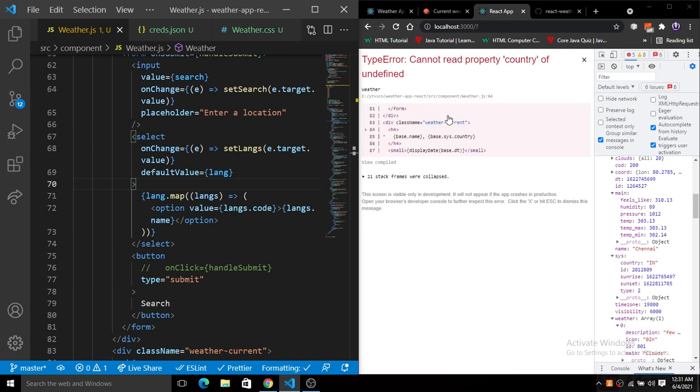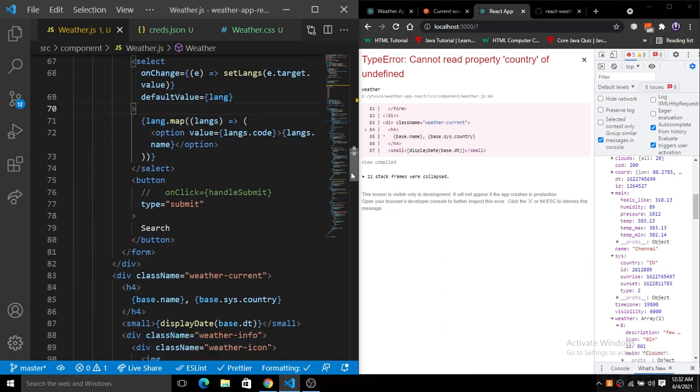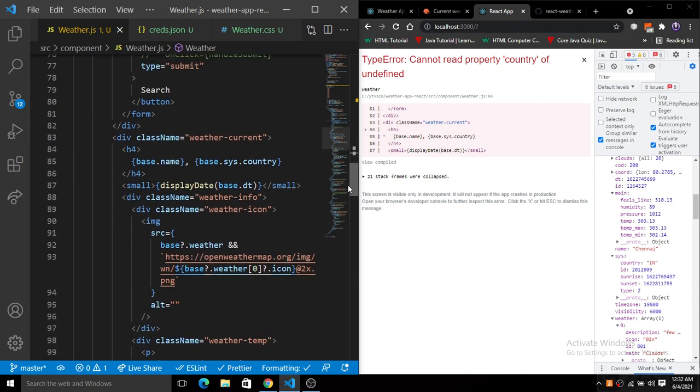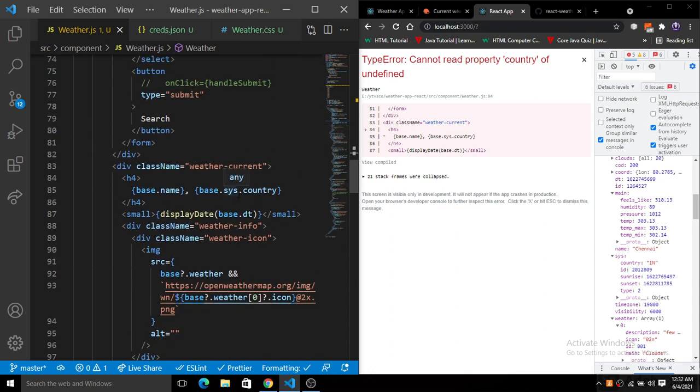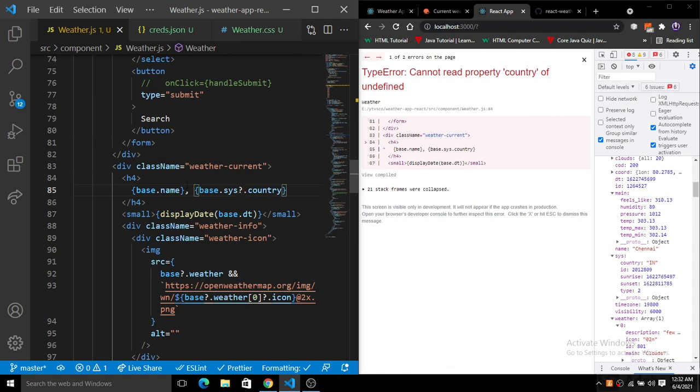Now you will see we have a language thing, but you can see here the country is undefined. So let's see where we have this error. Okay, so we have this 84. It is because it is called and we have refreshed this. So we just use an optional chaining operator here. Let's put the question mark for the chain operation to remove that error. Let's put the name, base name also there, also country. Okay, let's refresh this.